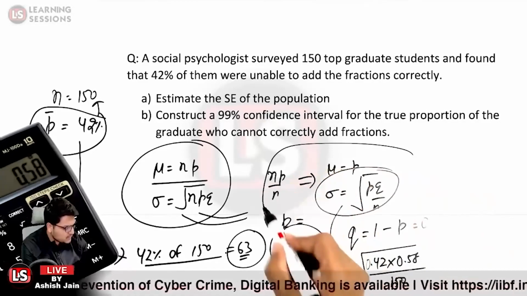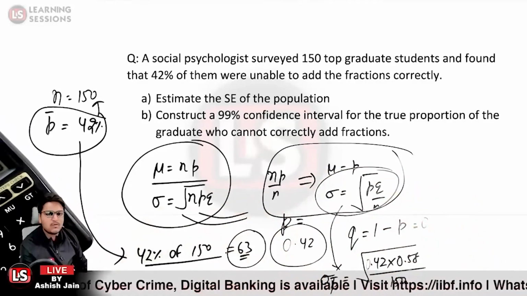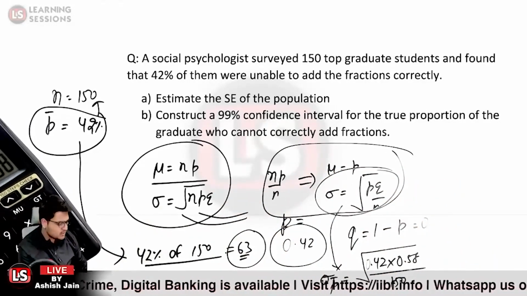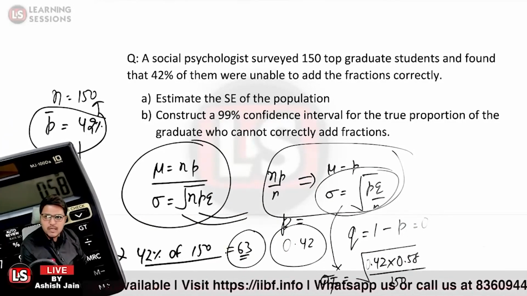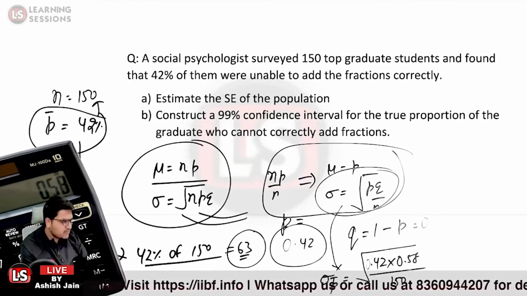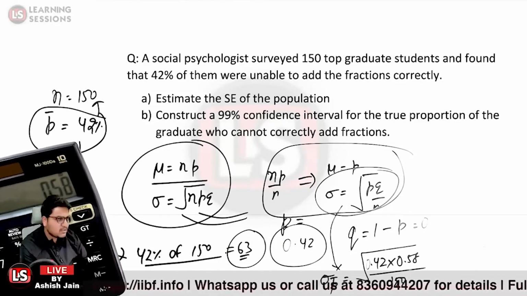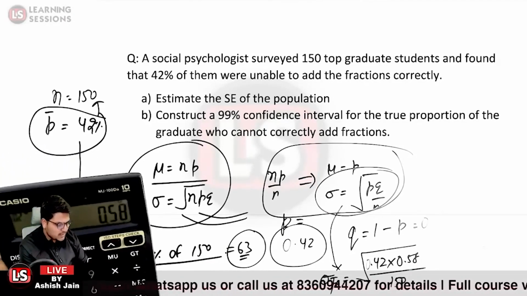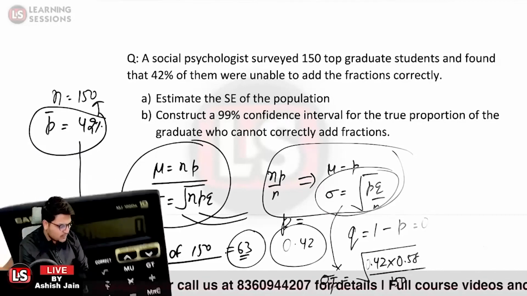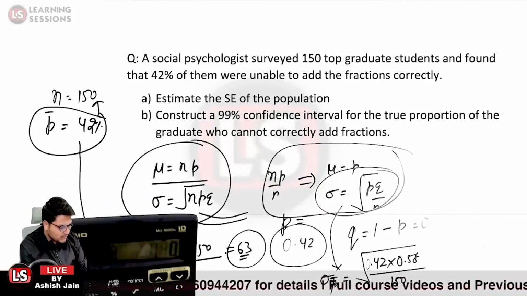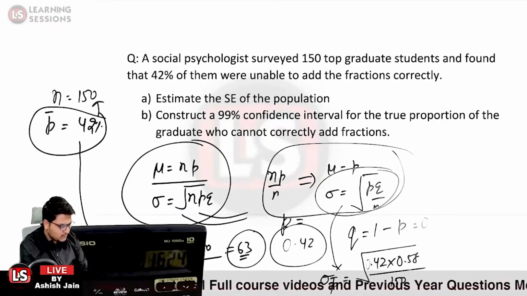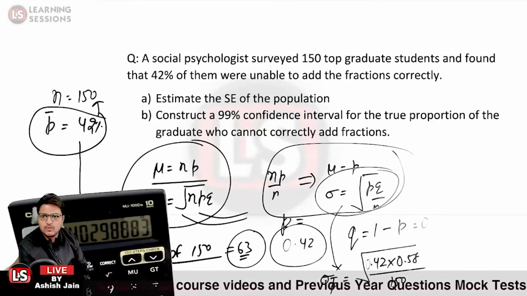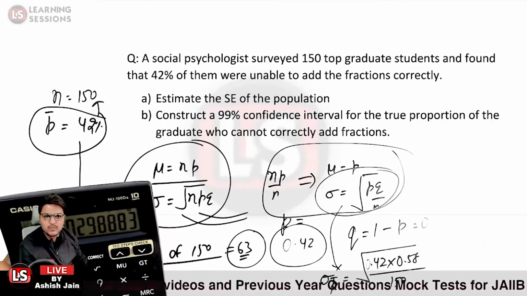This was just for reference purposes. Otherwise, we are concerned about the sample, so it will be related to sigma P bar over here. So what will be the value related to the estimate? First of all, we want to calculate the standard error of the population. So the standard error in this particular case would be equal to 0.42 multiplied by 0.58 and further divided by 150, and further we want the square root of this, so it will be equal to 0.4029,